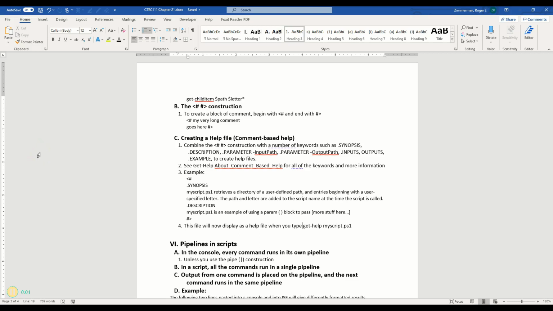Now we're going to do something really cool. We're going to create our own help file. And it's really easy to do. Once I have a script, in order to create a help file, I'm going to use this same construction that